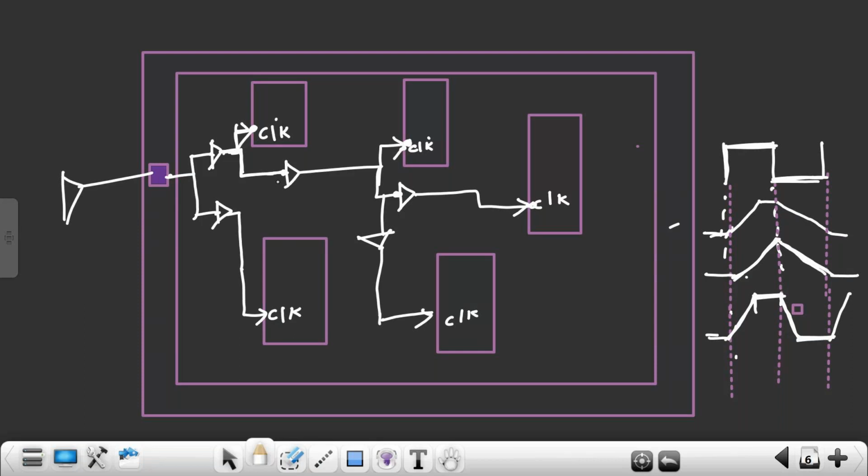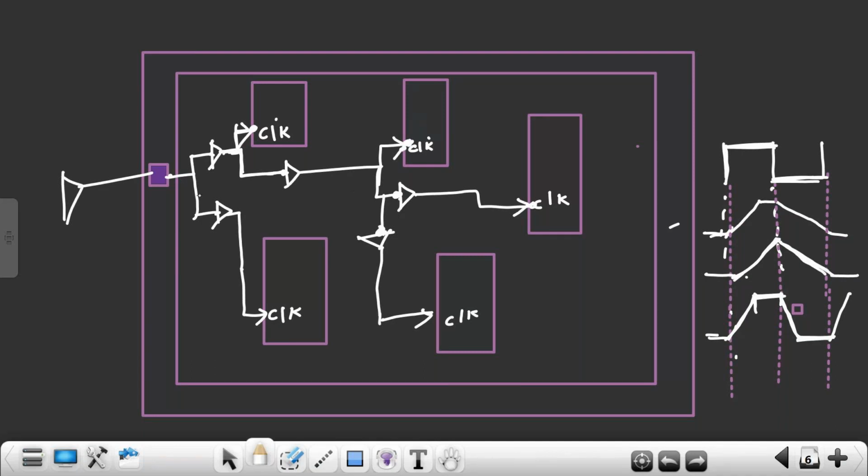Now the load on this buffer is the pin capacitance of this, the pin capacitance of this, and the pin capacitance of this. These three pin capacitances and the net capacitance, that is the load on this. So everywhere the load is reduced, so that I can get a smaller rise time and fall time. Rise time and fall time can be very small because on each and every cell we have reduced the load,